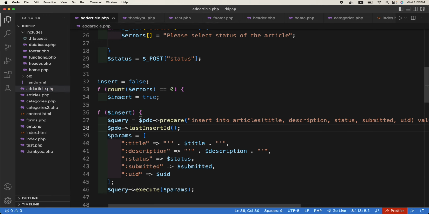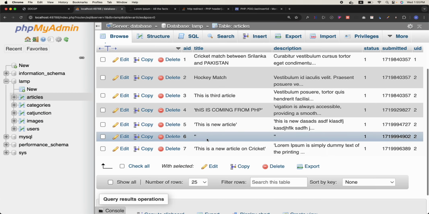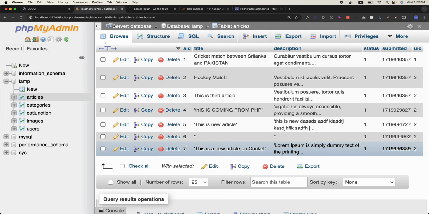Okay, so the PDO has a method last insert id. So whatever is the insert, whatever record you insert, for example, right now we have the last id is 7. Okay, so if the insert query submits another article which has 8 id, so it will have that value. If it is 100, it will have that value. Okay,